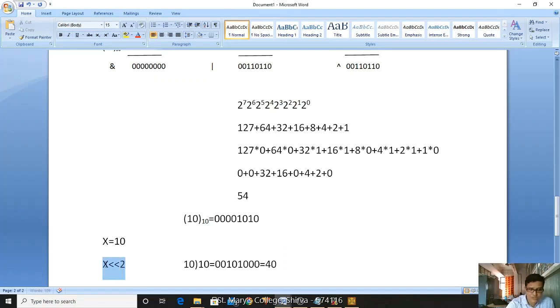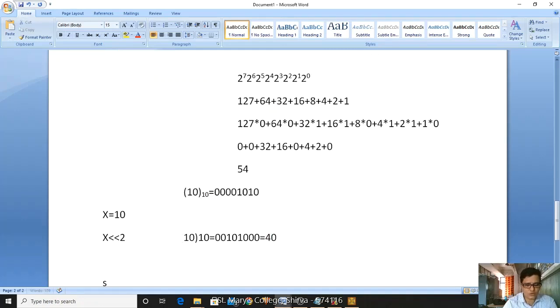If you are using left shift, then whatever the value is given, it is multiplied by a 2 power n value. If I take it as 2 bits, it means 2 power 2. What is 2 power 2? 4. 10 into 4, then it is 40. Got it? This is the shortcut to check for bitwise left shift: the given number into